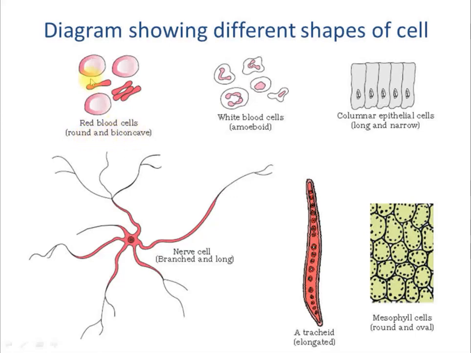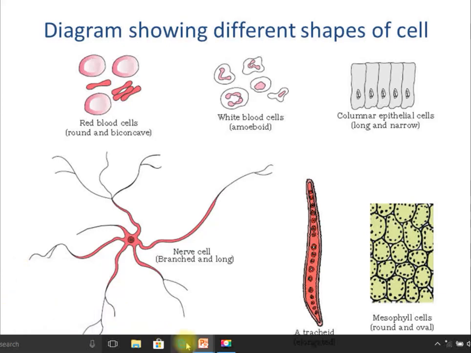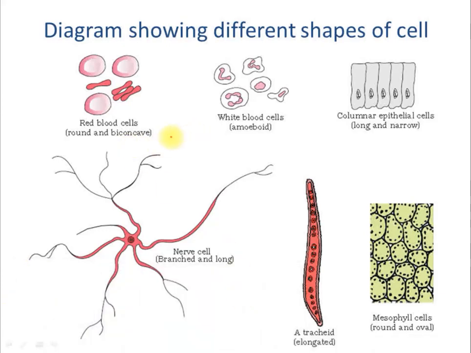So then remember that biconcave shape is also important. Let's have an explanation for this. You know that these cells are moving in a closed circulatory system, right? What you call a systemic circulation, right? And in this systemic circulation, you have blood vessels.